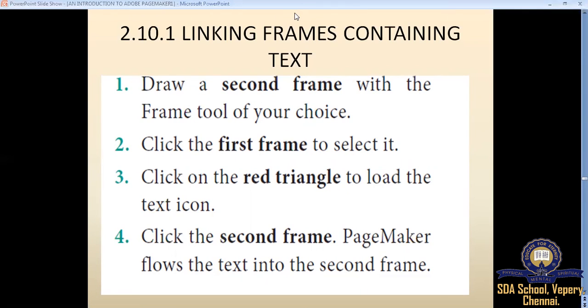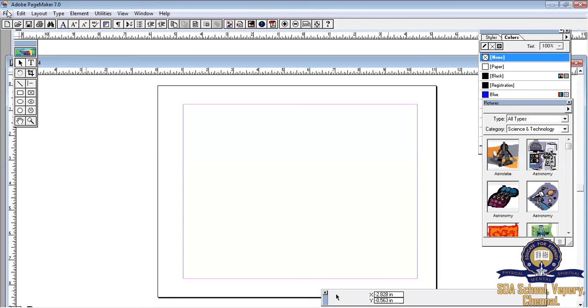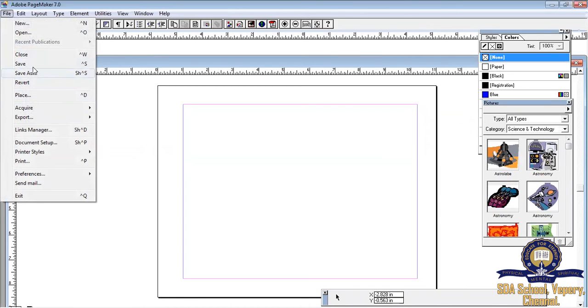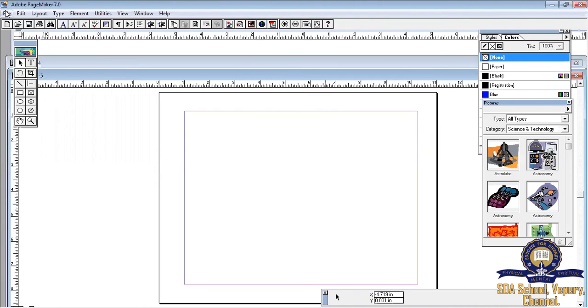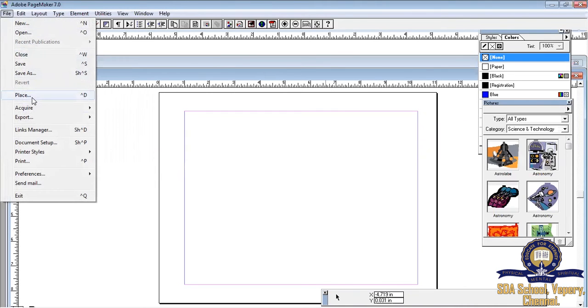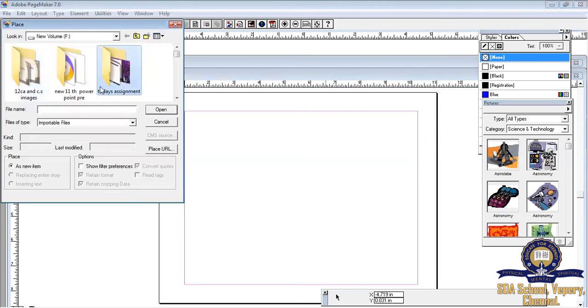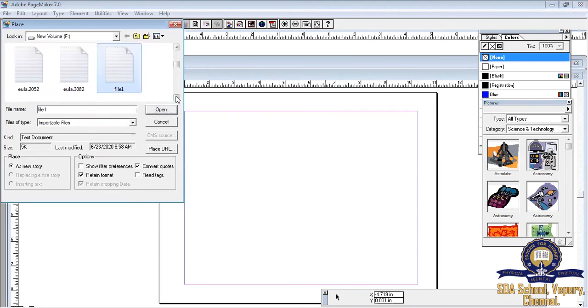Go back to my Adobe PageMaker. Right? Choose file, new, orientation type as wide, file, place. Choose file 3.